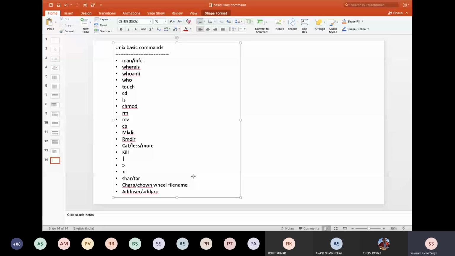You might have seen some files with tar.gz, or say some file name with tgz. Okay, this kind of file you might have seen. All these types of files are archive files. That means you are archiving many files inside a directory. You may also have many other subdirectories inside that. So if I want to archive everything inside a directory and create it as a file,